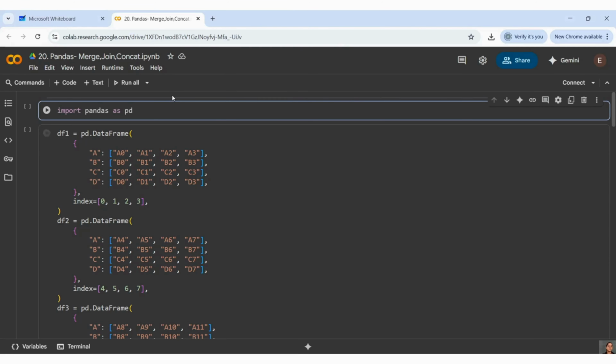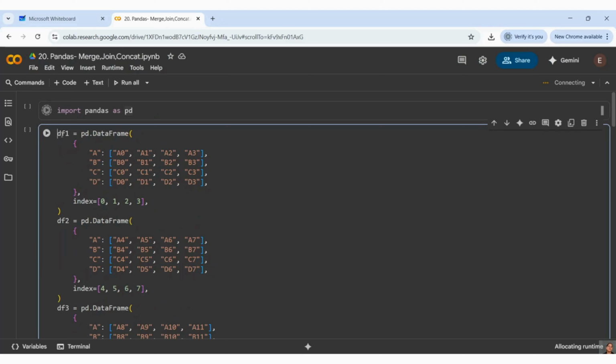So guys, we will now understand the concepts of merge, join and concat, and why we need to understand them. Sometimes there will be a requirement that you want to merge two data sets and create another data set out of it. During those kinds of tasks, you can concat two data sets with the output either column wise or row wise. So this is beneficial in those kinds of cases. Okay, now we will see.